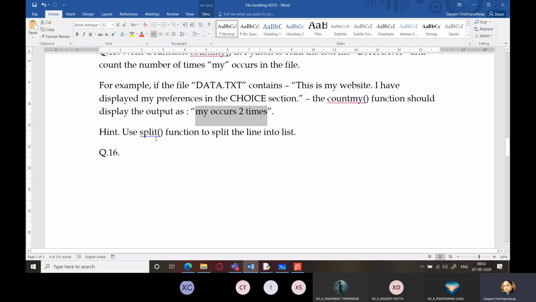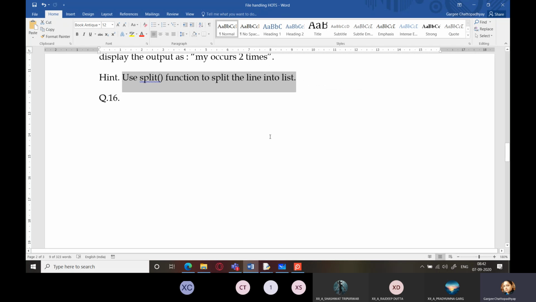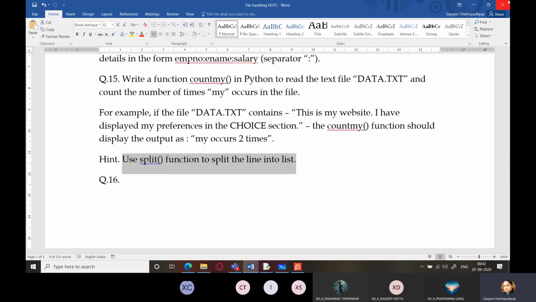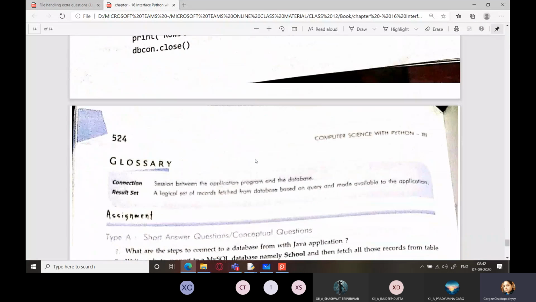Now hint is given. You can use split, but split function will be able to split the string only based on one particular character at a particular time, right? So that is why I have used this simple, a little complicated, a tricky code right now. I'm going to close this. Okay. Next is